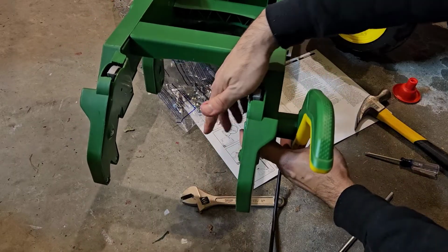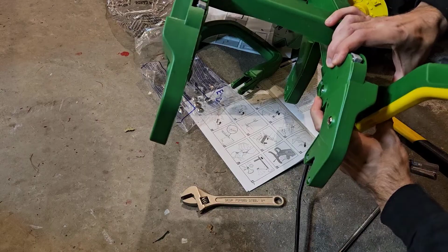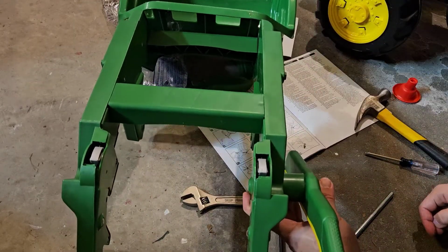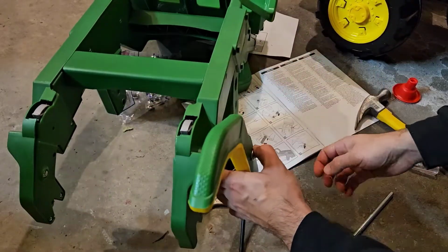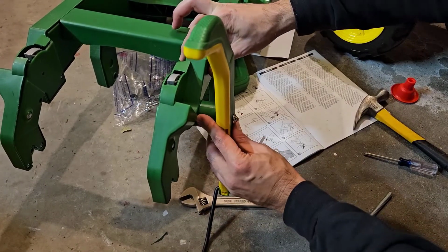And we're going to grab another one of those 7mm retainers, and it says just to press it. I don't know if I'm going to be able to do that without a hammer, but to press that on the other side here. And again, I am just going to go double check the box and make sure that